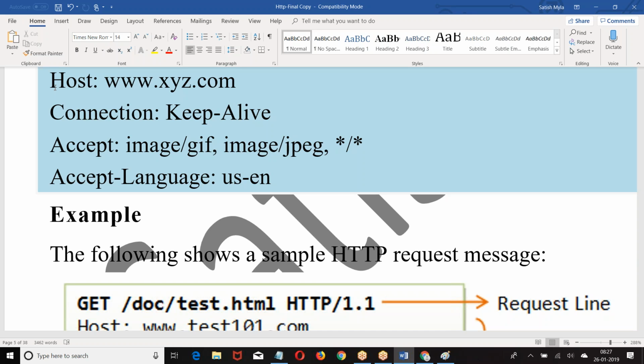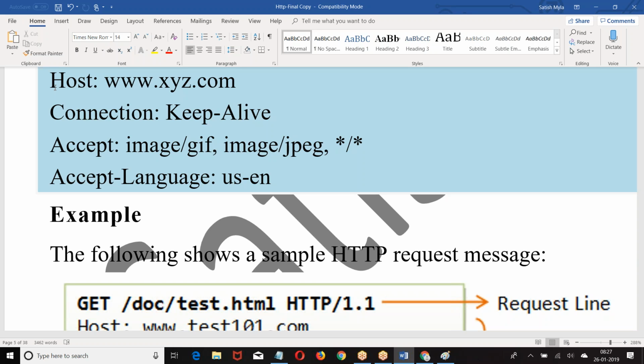The remaining header elements. What are those remaining header elements? They will mention the properties of your request and what type of response you are expecting. The header element specifies what type of request you are sending and what type of response you are expecting. Let us take, I told I will accept only JSON. That means I am making a request to you, your response should come to me in the form of JSON.